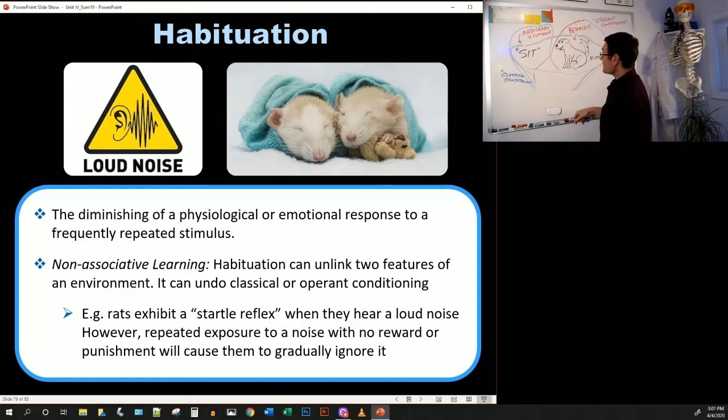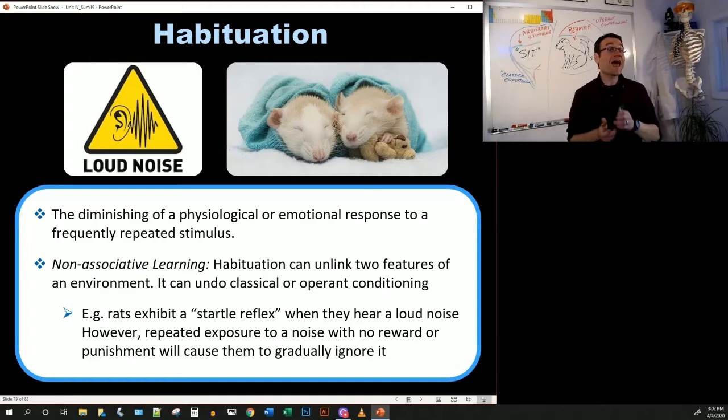So let's say that you've got the dog to learn its trick. You've taught it sit means sitting down, and you no longer need the treat. It'll keep doing it even without the treat. But the longer you do that, the more times you say sit and there's no reward for it, eventually it's going to lose this association. There's no reason for it to keep doing it. Like I say, you wouldn't keep showing up to work if you weren't being paid. The dog won't keep sitting unless there's something to reinforce that behavior.